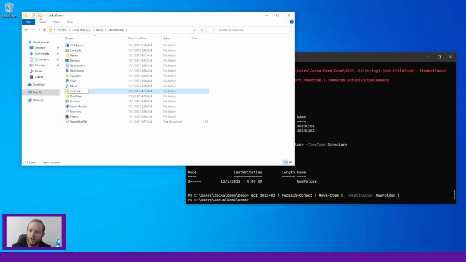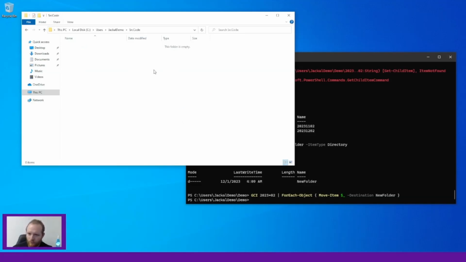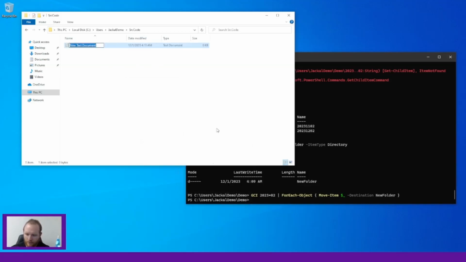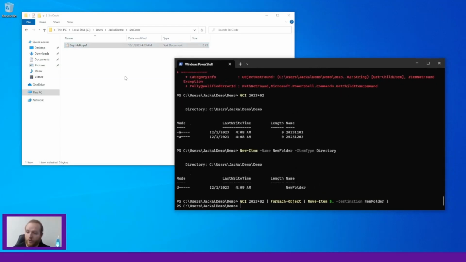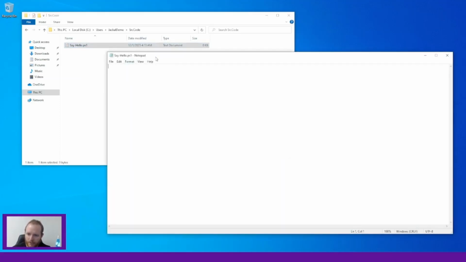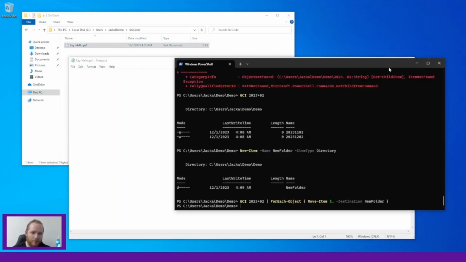I'm gonna call it source. I could have named this scripts, could have named it who knows what. So I'm gonna name this source code. I'm gonna make a new text file. And we're gonna have this called sayhello.ps1. .ps1. That's probably an extension you've never seen before, and I don't blame you. So we're going to open up sayhello.ps1, and I'm going to type some commands here